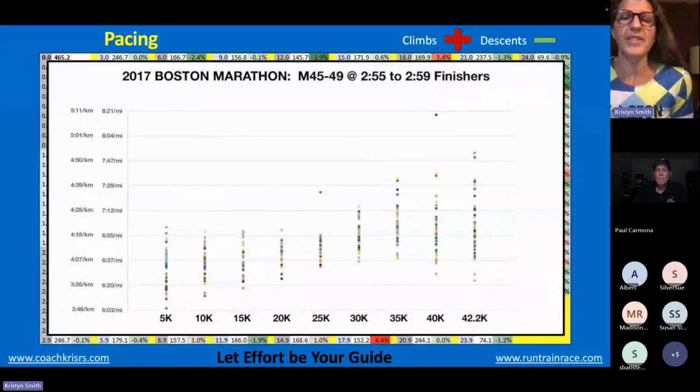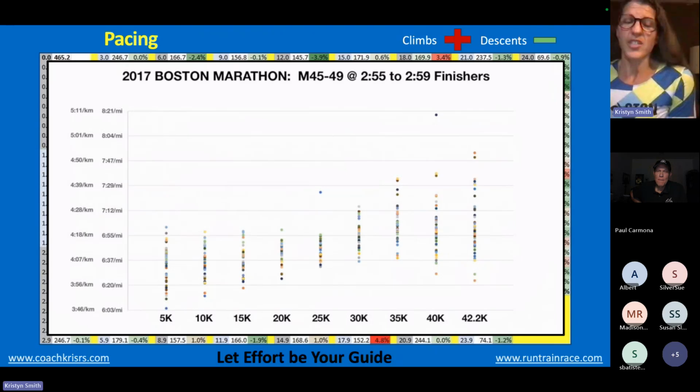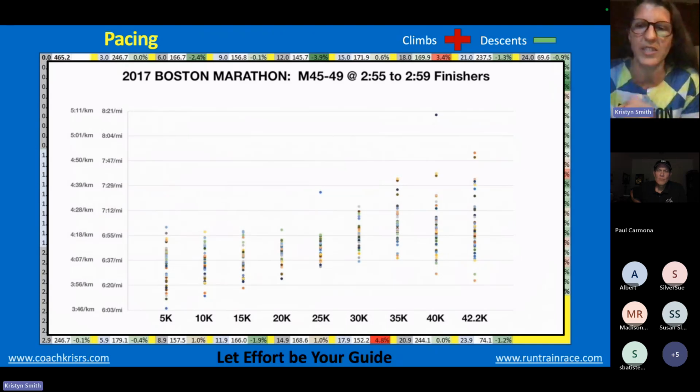Yes. So this is just a sample of runners who completed the course in 2017. This is all men 45 to 49 who all of them finished between 2:55 and 2:59. Each dot represents what their pace was at each of those 5K points where the chip clocks your time, right? And so the point of this, again, is not to get into great detail about what you specifically,